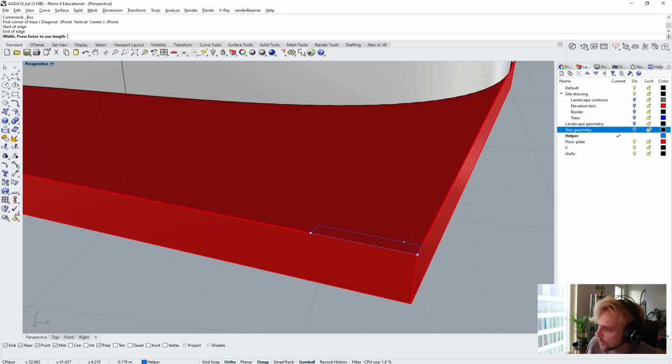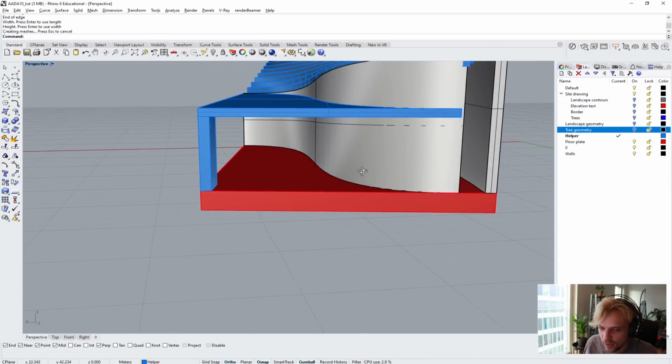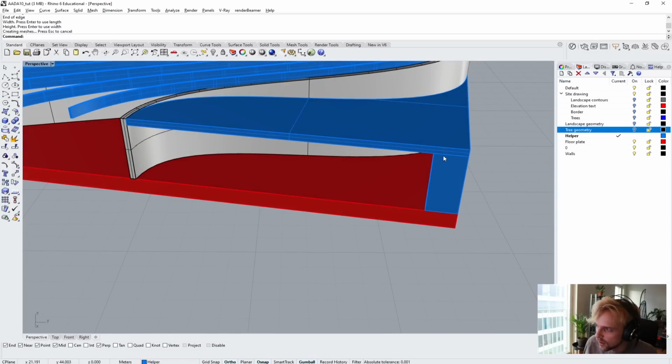And that's my second point, and my third point of a box is along this edge, and I'll just specify 0.3 meters. For the height, I will snap to the bottom of this rooftop